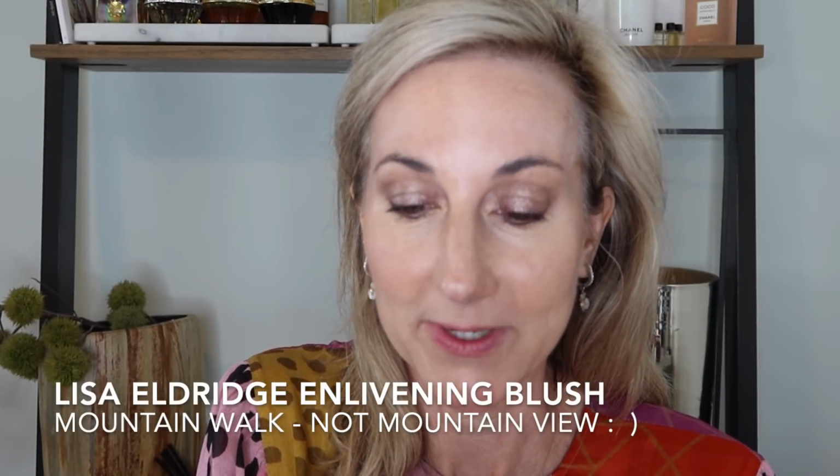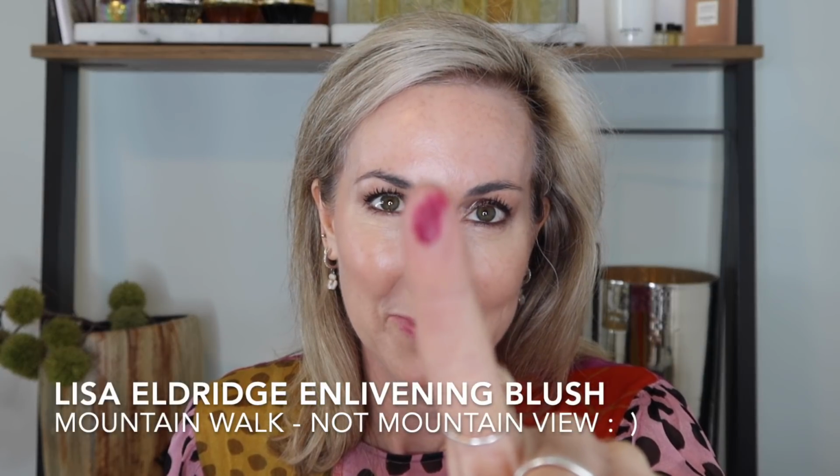And then we're going to play with Mountain View on this other one. Now Mountain View is a sort of intense raspberry pink color, and this is going to give me a just worked out, flushed kind of look. And I just couldn't resist this color, even though it is super bright. Don't worry, they're super easy to blend in. So you'll see, I'll start with that, and then we can build it up